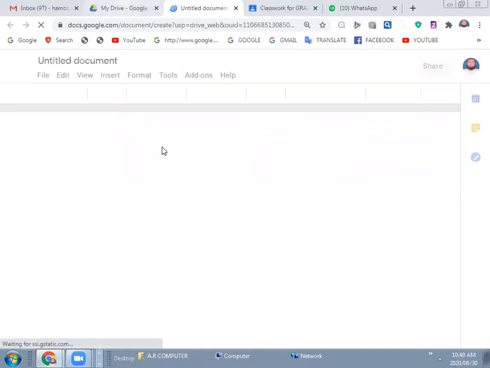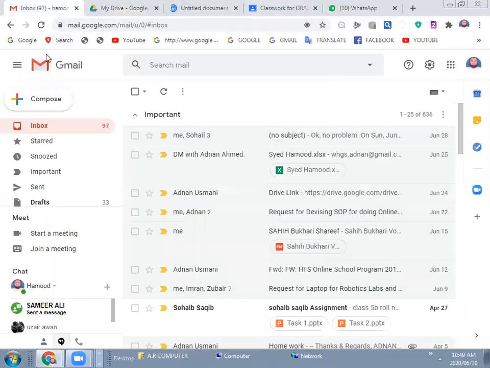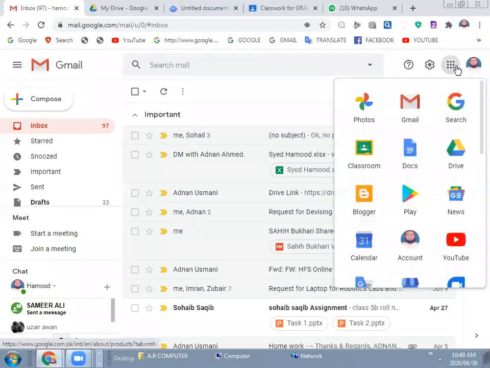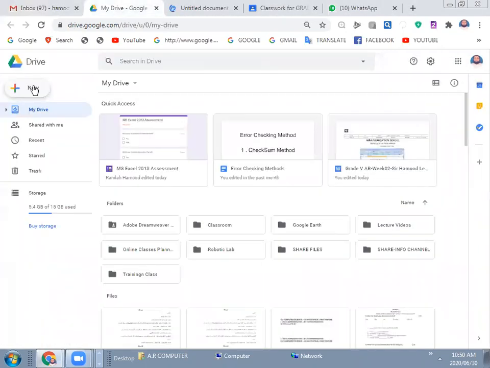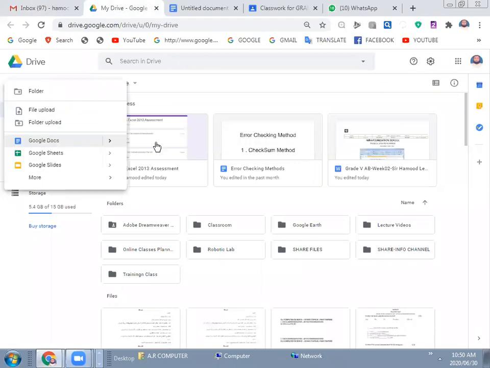I am repeating: I first signed into the Gmail account, went to the Google Apps button, and for Docs I could click on this application directly, but I went to Google Drive. Then from Google Drive, from the New button, I selected Google Docs and then blank.